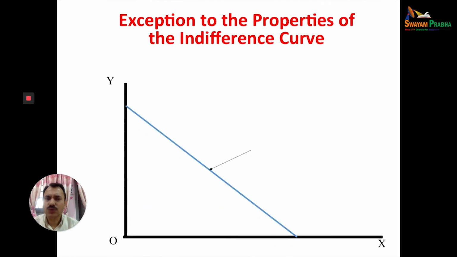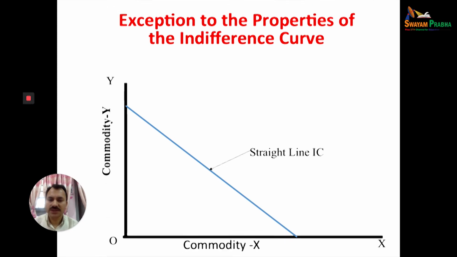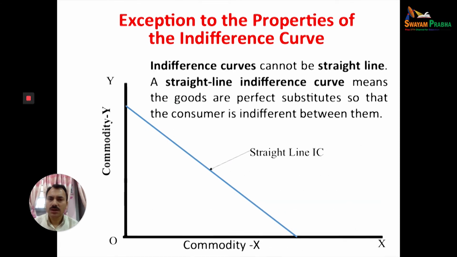They are exceptions to the properties of indifference curves, like a straight line. Although we have to assume that an indifference curve will never be a straight line, an indifference curve is always convex to the origin. But there are some exceptions to the properties of indifference curves, like a straight line. Here, on the x-axis we have x commodity and on the y-axis y commodity. Although an indifference curve cannot be a straight line,